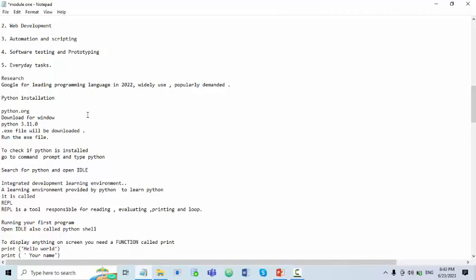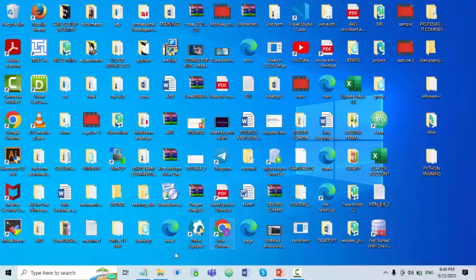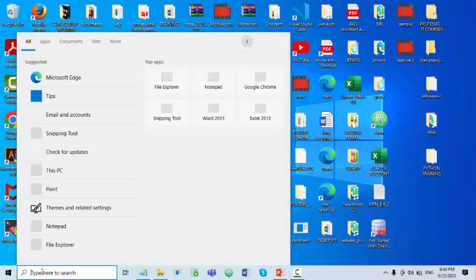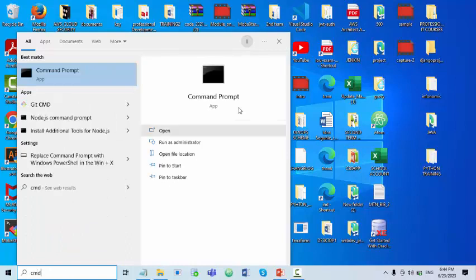When you download this, I'm going to show you shortly how to download. Just go to your Google and type python.org. From python.org, click on download, and the file will come as an exe file. Run your exe file. When you run it, Python will automatically install in your system. How do you know after your installation that Python has actually been installed in your system? It's very simple. All you need to do is come to your search and type CMD. Click on CMD